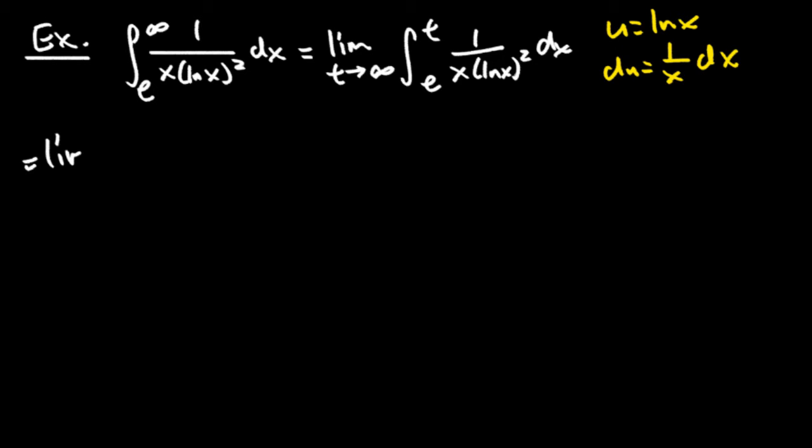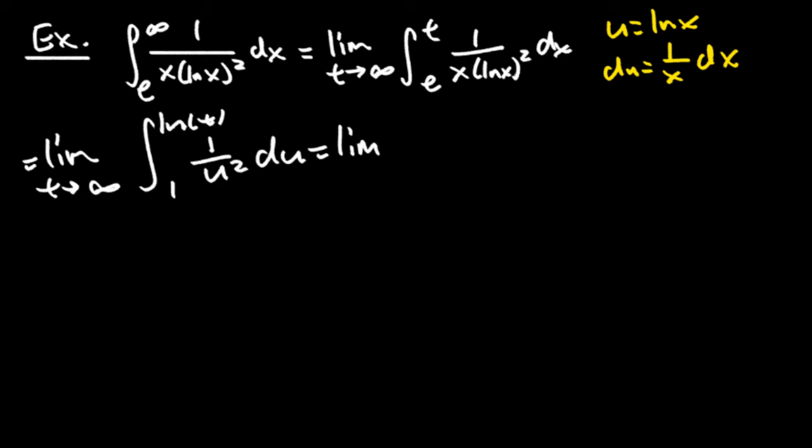Then we get the limit as t approaches infinity of, ln of e is 1, ln of t is ln of t, of 1 over u squared du. Okay, so that's going to be u to the negative 1 over negative 1 from 1 to ln of t,